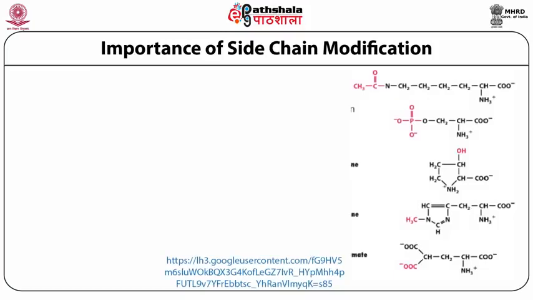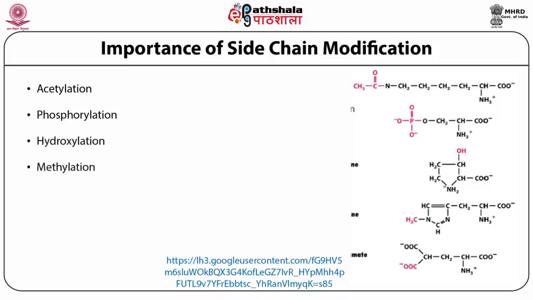In the protein structure, there are several chemical or other kinds of modification which are important to perform a function. For example, acetylation, phosphorylation, hydroxylation, methylation, carboxylation, glycosylation, ubiquitination, and you can see it here in the right hand panel that these are the branches where the modification or chemical modification occurs, and thus the protein performs a special function for the cellular